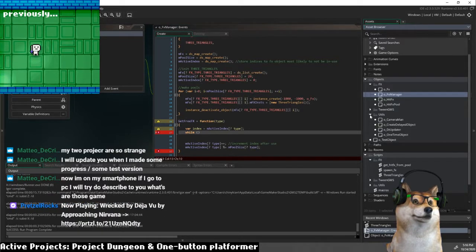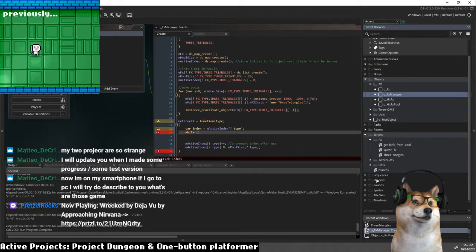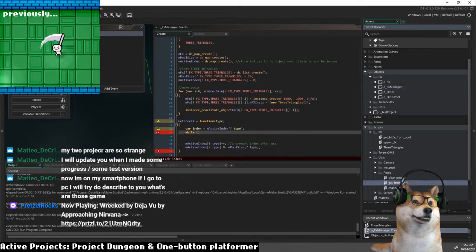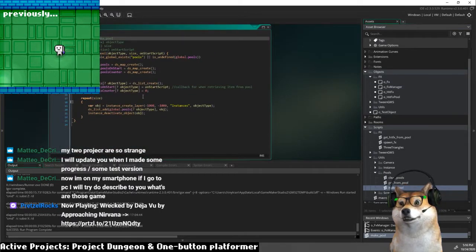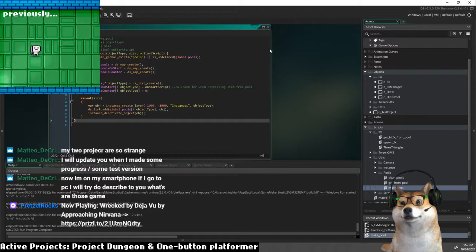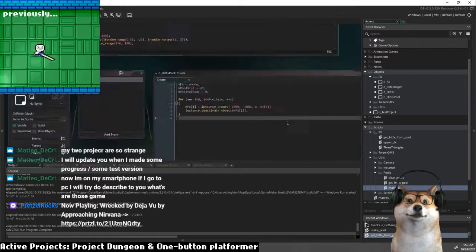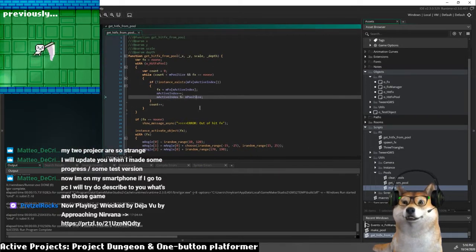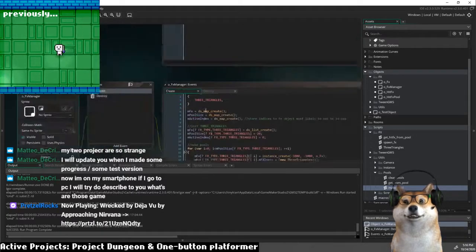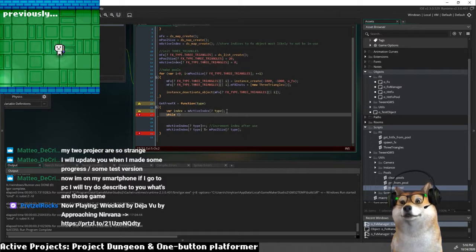I should probably be using it, right? Pool. No, but it's not very well implemented. Let me check. Yeah, I don't think it's very well implemented. Next time, I'll rework that. Okay, while